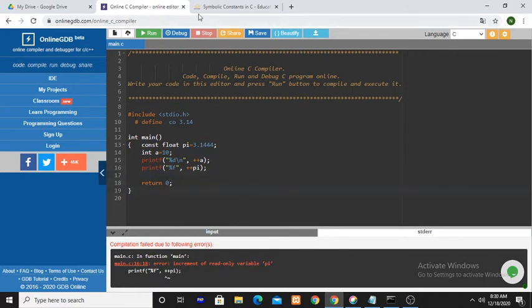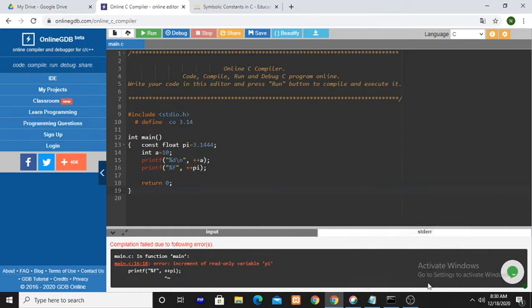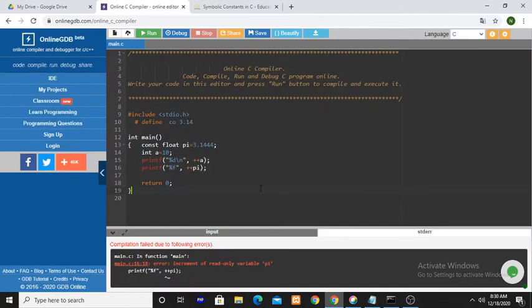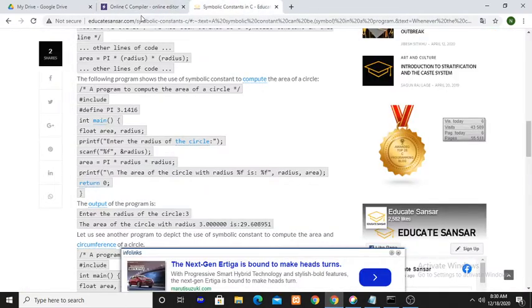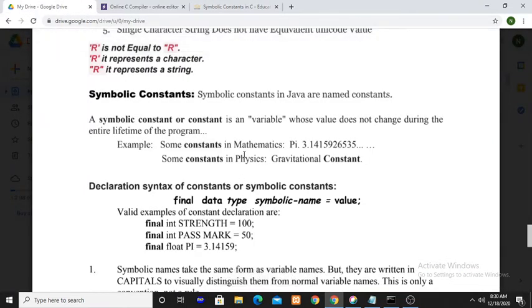So the same problem, look at it in Java also. In Java, how can you define the constants? In C language, the const keyword is used to define the constants, or else you can define the constants using the #define preprocessor directive.